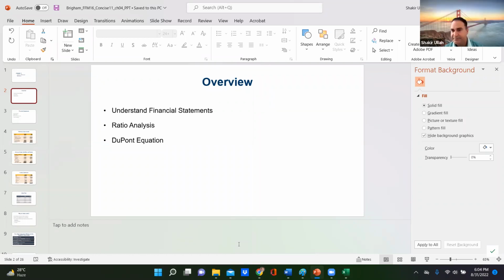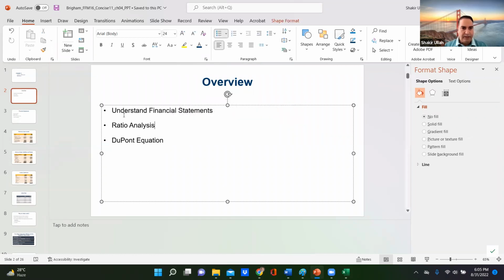Any other statement that somebody can name here? How about income statement? Income statement is another statement that we prepare in accounting. There is a statement of cash flows. There's a statement of owner's equity. But we will primarily be looking into income statement and balance sheet in this